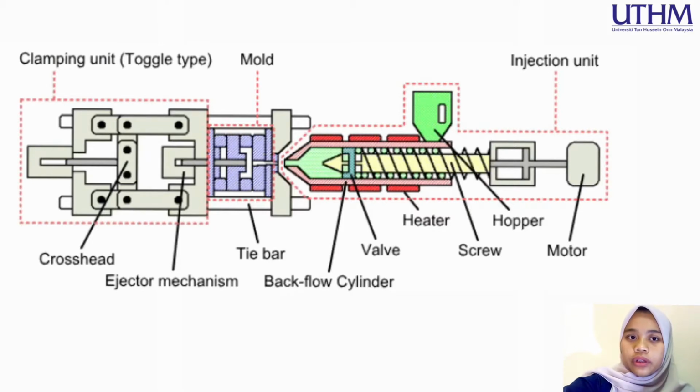There are two types of clamping methods, namely the toggle type and the straight hydraulic type, in which the mold is directly opened and closed with a hydraulic cylinder. The function of the injection unit is to melt plastic by heat and then to inject the molten plastic